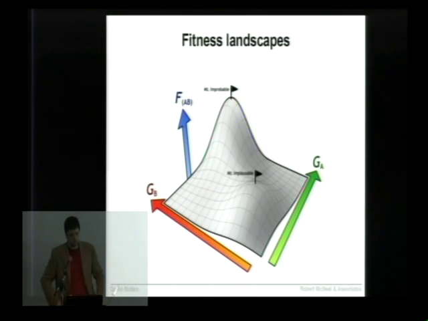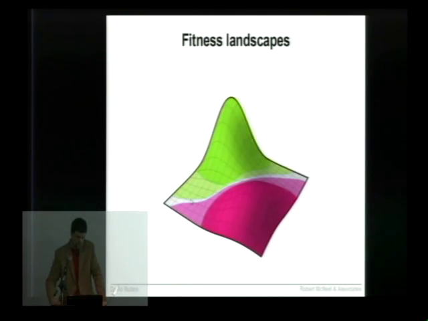So this is a very simple fitness landscape for 2 genes, gene A on the right and gene B on the left. And when you have a value of gene A somewhere along this line and a value of gene B, you end up somewhere on this fitness landscape. And if you're lucky, you're somewhere near a peak. If you're unfit, you're somewhere on the plains. So what we do is we first of all create a random population.